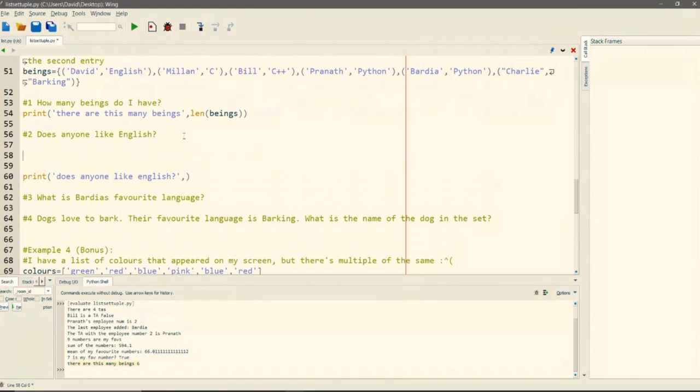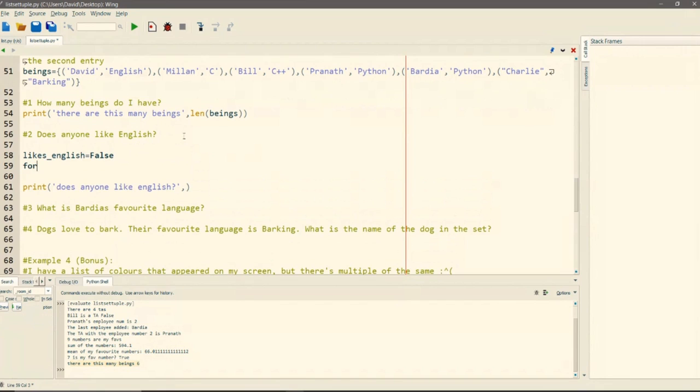So what we want to do is we want to make a Boolean, and we're going to say likes English, and we're going to start off as false. We haven't looked yet, so we're going to assume that no one likes English, and our goal is to prove that wrong inside the for loop.